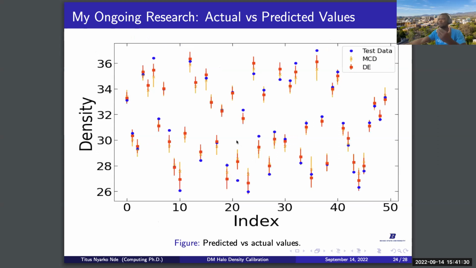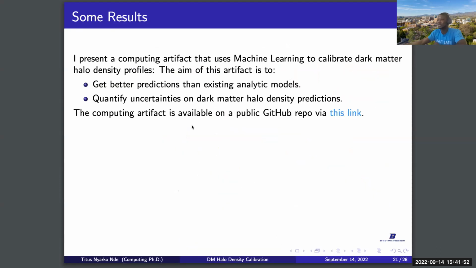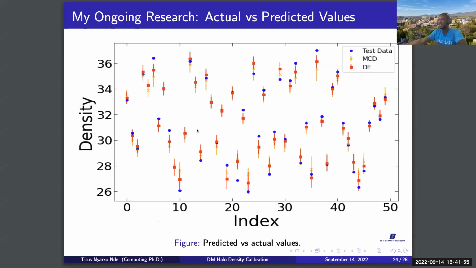Okay, so this is just another plot I made of the predictions. I actually just thought of something today. Another good measurement will be to check what percentage of our dataset actually lies within the calibrated error bars. Maybe this is something I'm considering adding to this artifact. And then pretty much we see that most of the time the actual data lies within the calibrated error bars of our predictions.